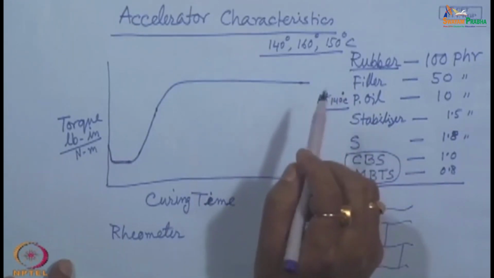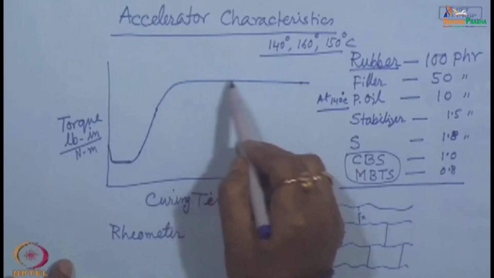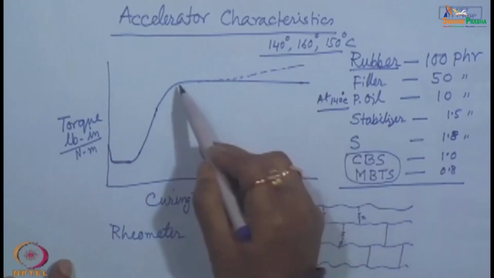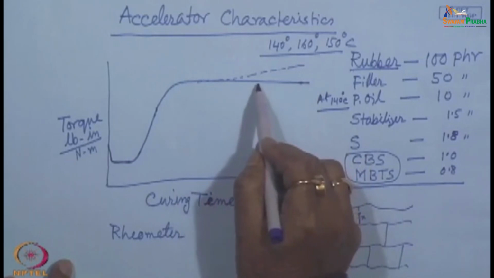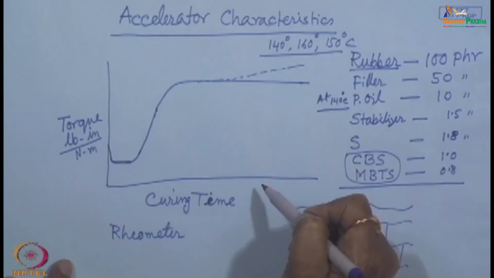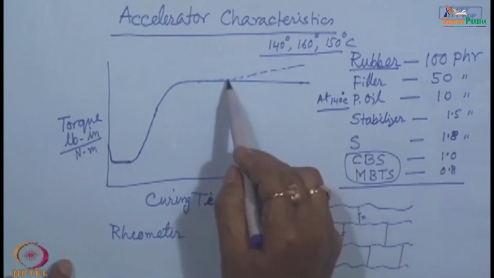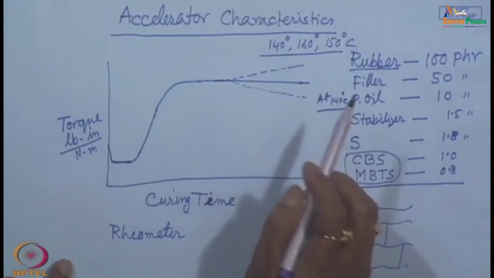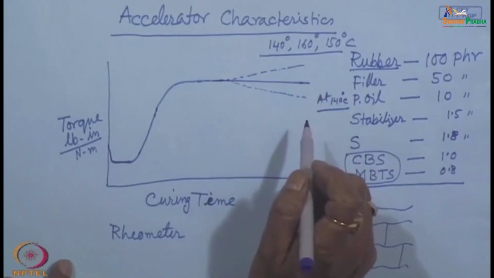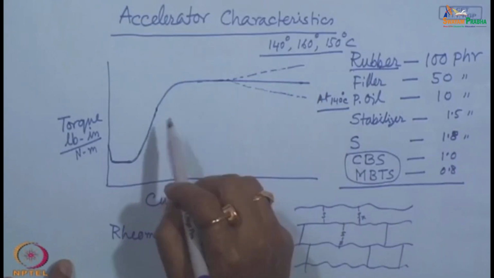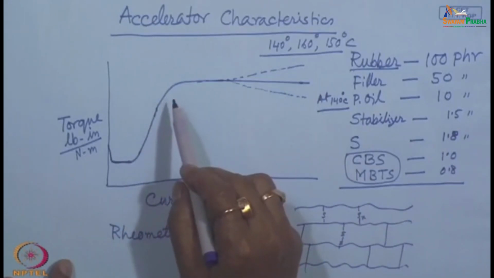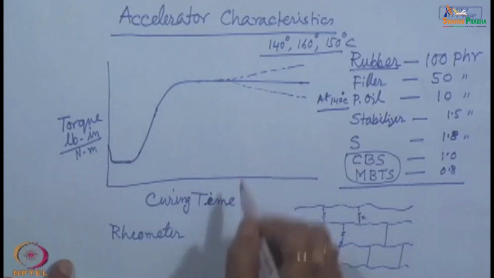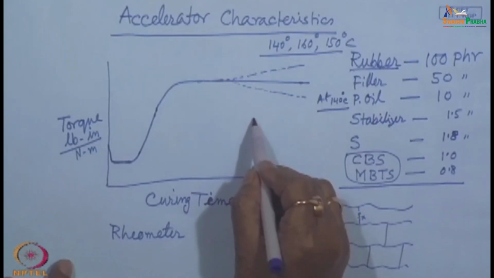Now, there can be another kind of curve where the torque rising, instead of becoming parallel to the time axis, can come down. These different cases can occur. This is known as a cure profile or cross linking profile, and this is the characteristic of the accelerator. Now, this characteristic of accelerator basically has these parameters: